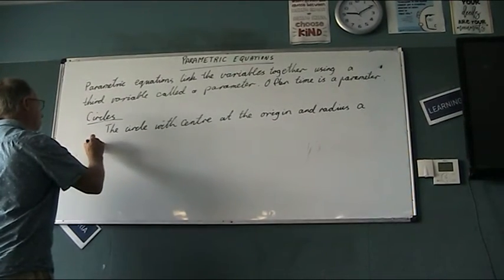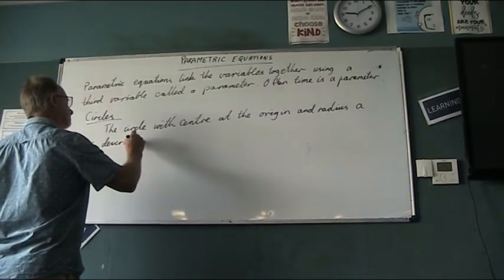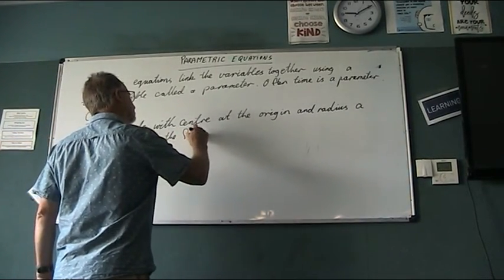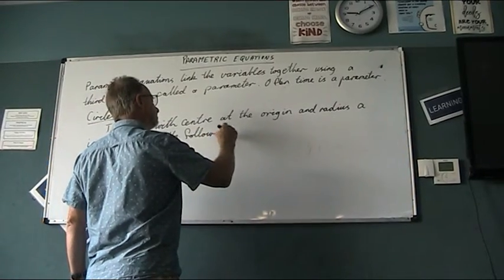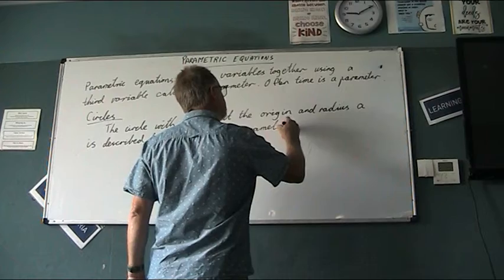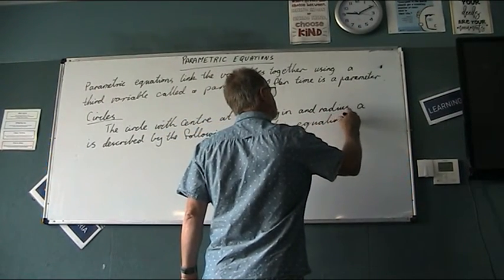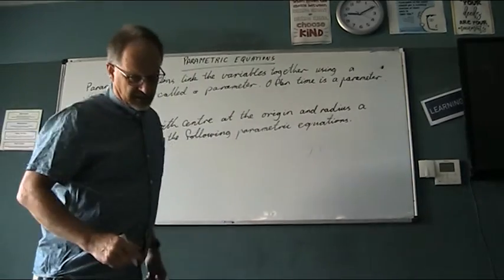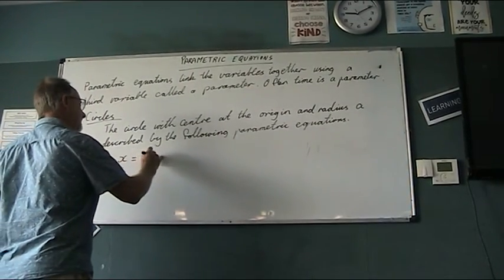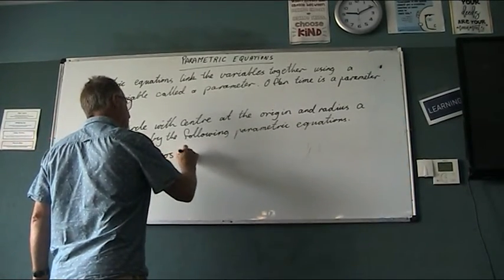It is described by the following parametric equations. All right, so the x coordinate would be a cos t. Because if you think about,